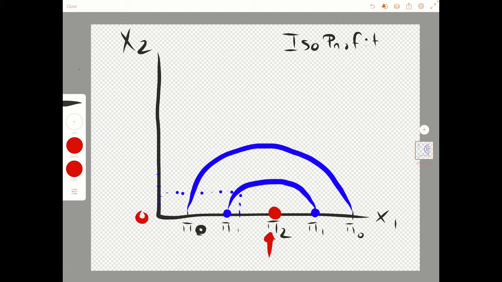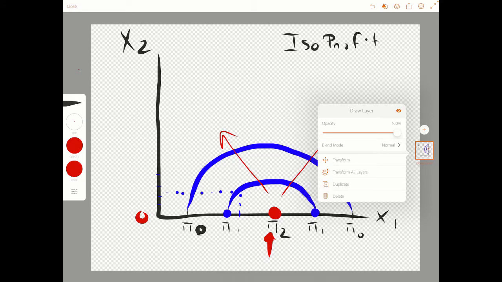So the higher the isoprofit curve you are, basically, so think about it this way, this direction is down. So that red dot is like the peak of a mountain, and anywhere you go from there is down. So you're going to have less profit the further away you get from that red dot. And we can do basically the same thing here